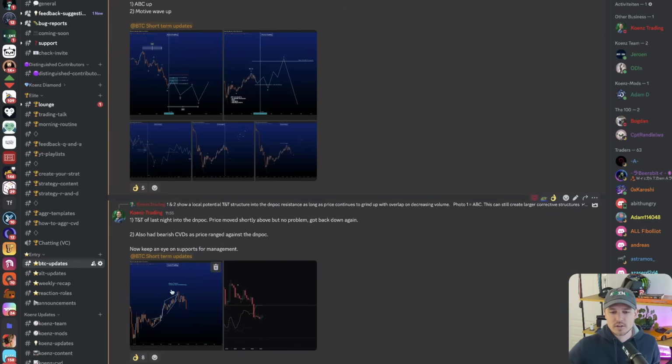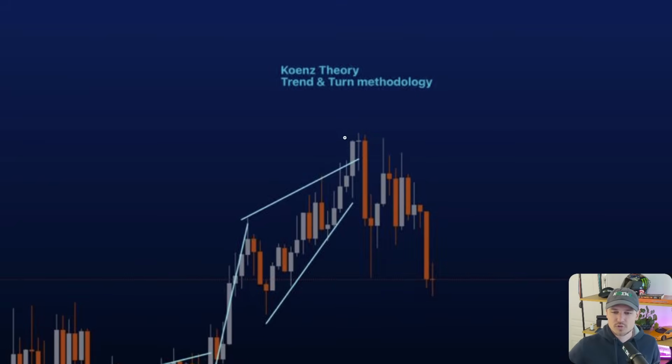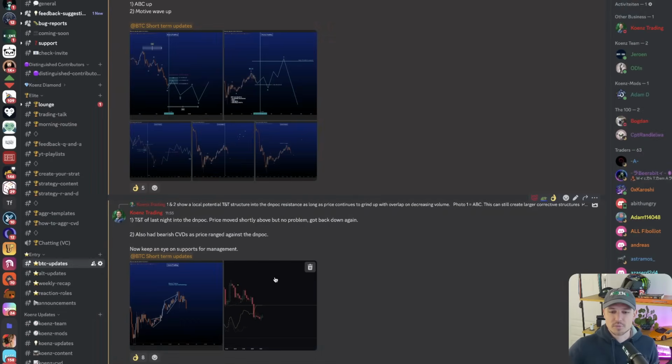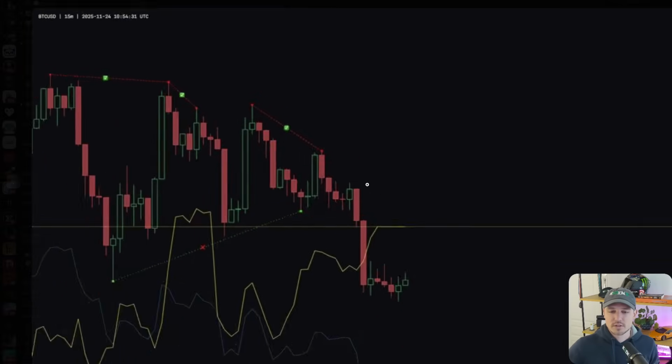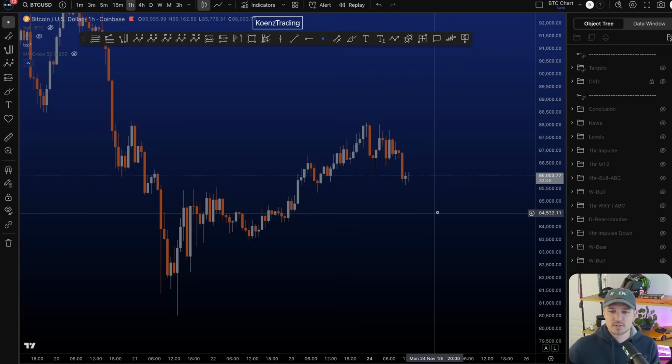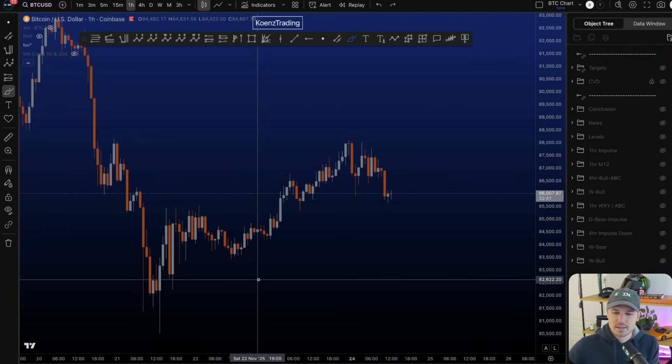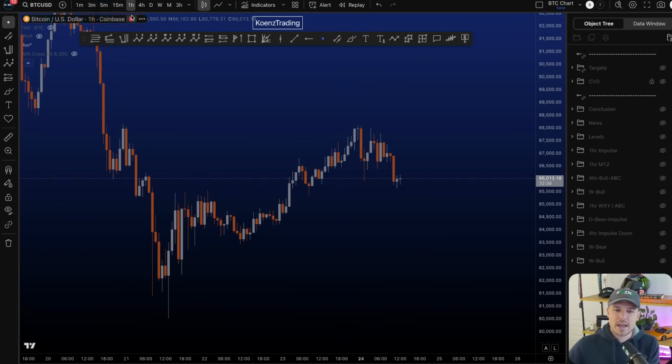And then once a short is taken, of course, price moved shortly above the daily naked point of control, but no problem because the bias was down, looking for an impulse to end and a move to the downside. And now it's just management. Also, for good measure, there were bearish CVDs while touching that area of resistance. So even when you don't really count structures in great detail, there are still opportunities to be had, but it